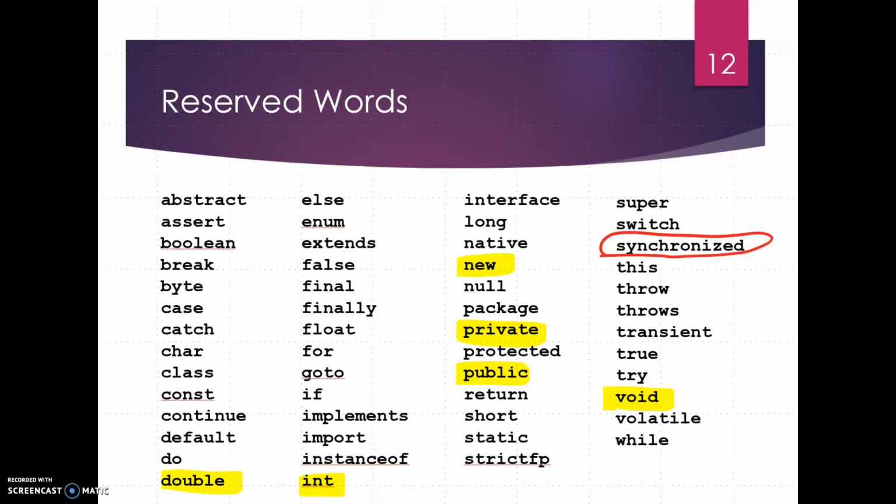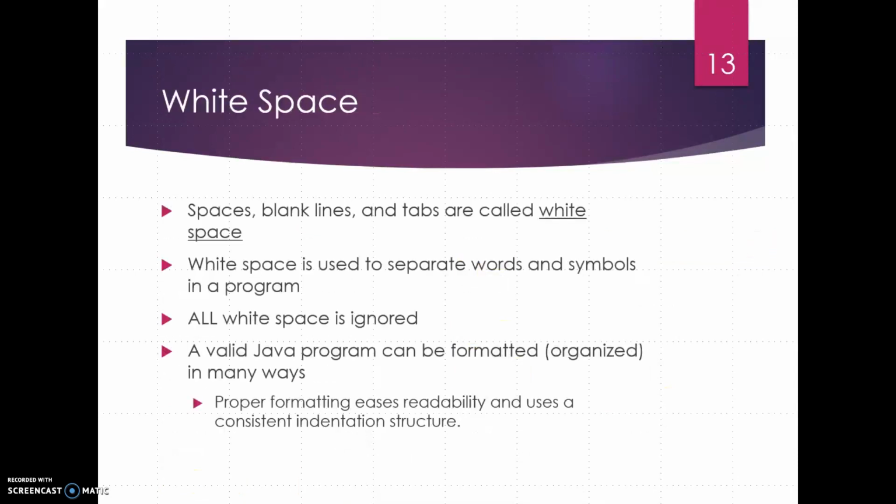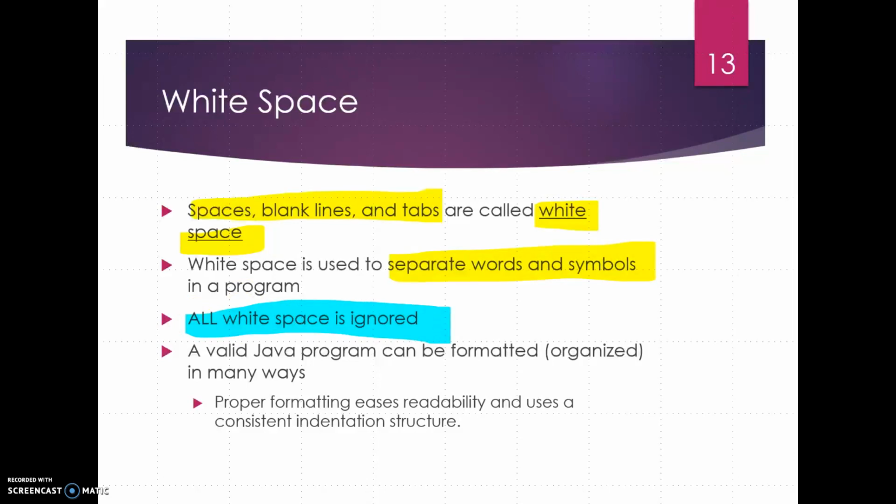All right, last but not least is whitespace. In Java, any spaces, blank lines, and tabs are what we call whitespace. We use this to separate words and symbols. This is key: all whitespace is ignored. So the whitespace is for humans. The computer does not need whitespace, but it eases readability, and a consistent indentation structure is very, very helpful